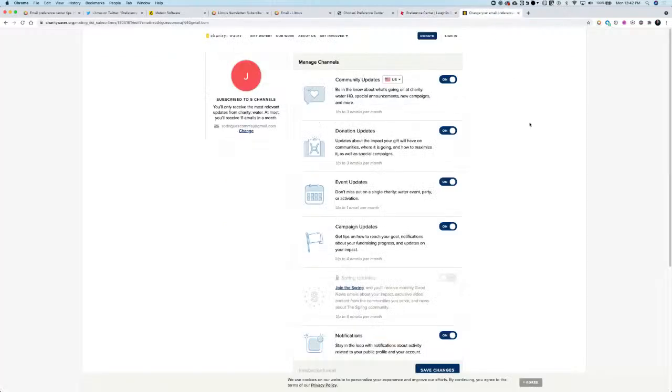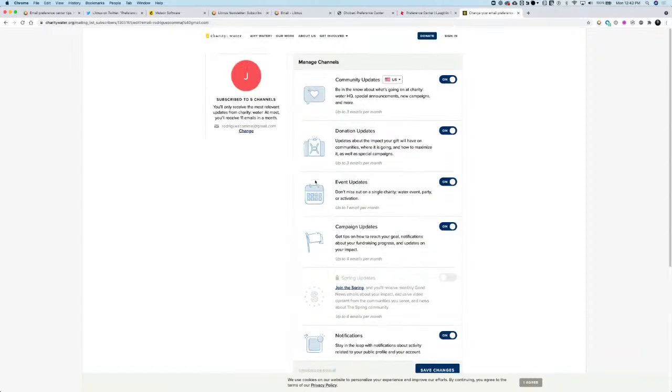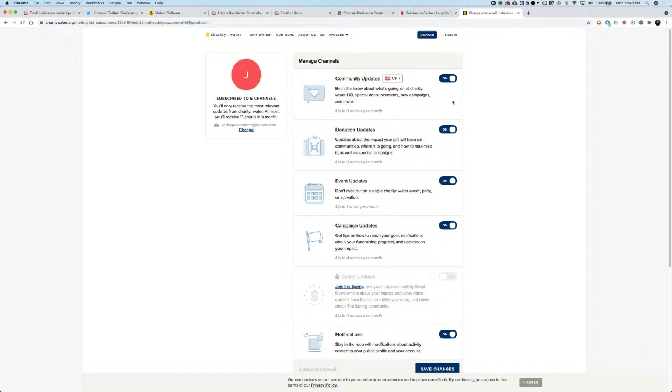And then the last example is from charity: water, which is a great nonprofit doing great work all around the world. They just have a really nice looking preference center, where you can manage these different channels. You can pick which location you happen to be in. These nice little toggles here just feel nice. They have great icons in here that are very on brand. Everything they do is really well designed. So I'm glad to see that carry over from their other channels into this preference center,